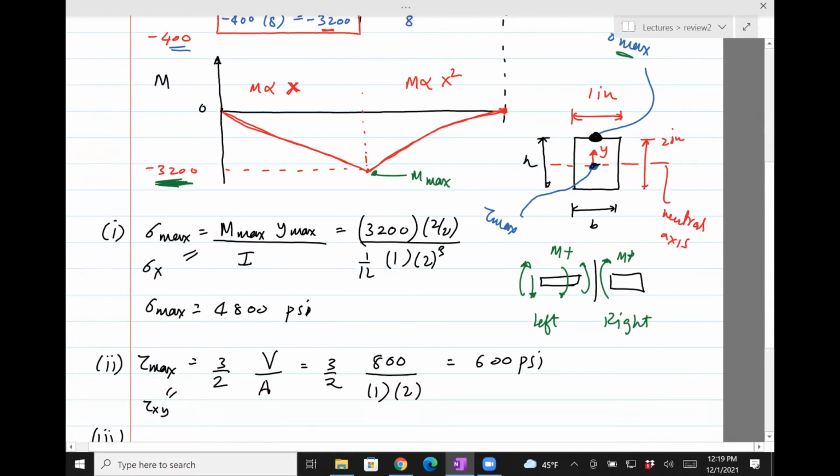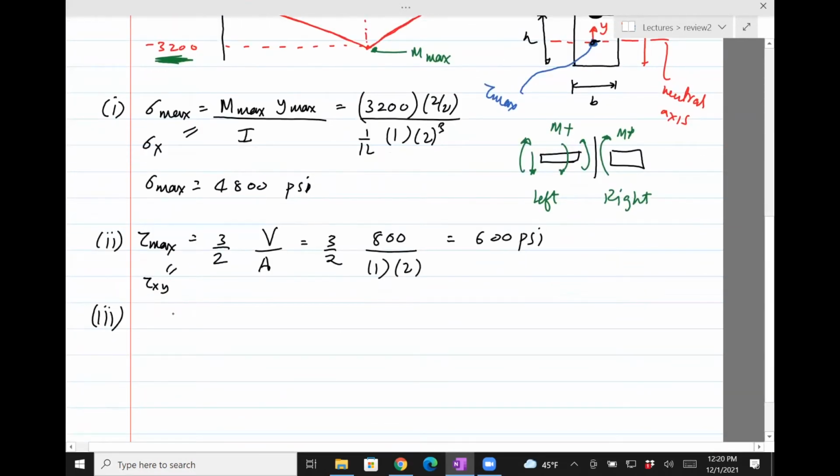So in order to find the maximum shear stress, now we have two candidates. We can find the maximum shear stress at the top, and the maximum shear stress in the middle. So let's find the shear stress at both these points, and then the larger of the two values is going to be the maximum shear stress. So at the top, by top I mean this point,